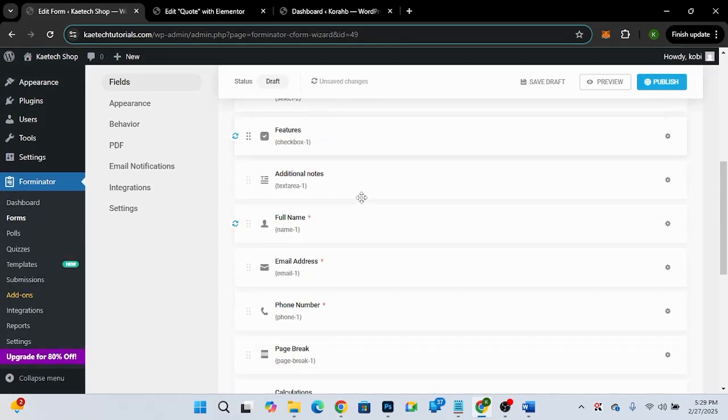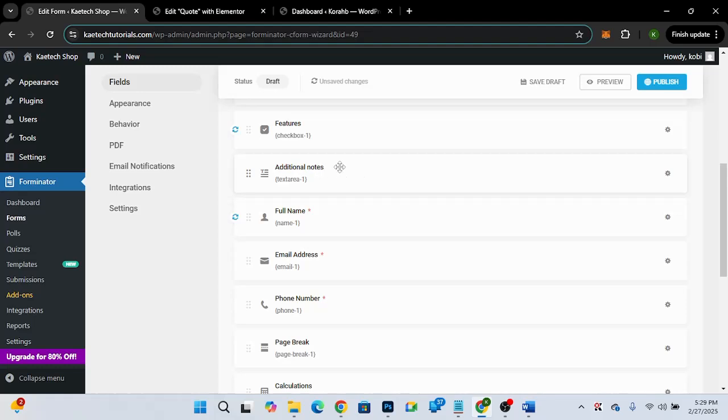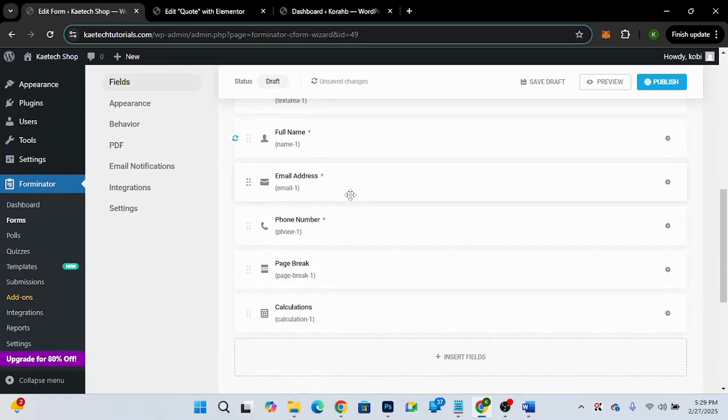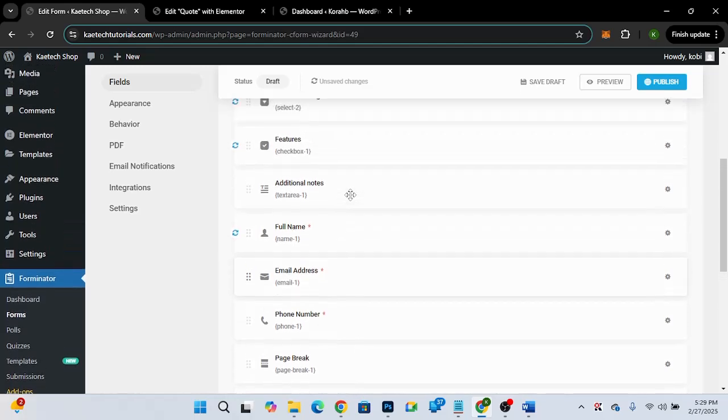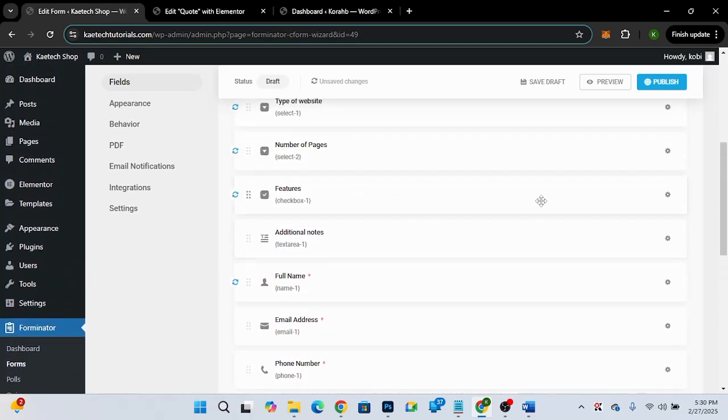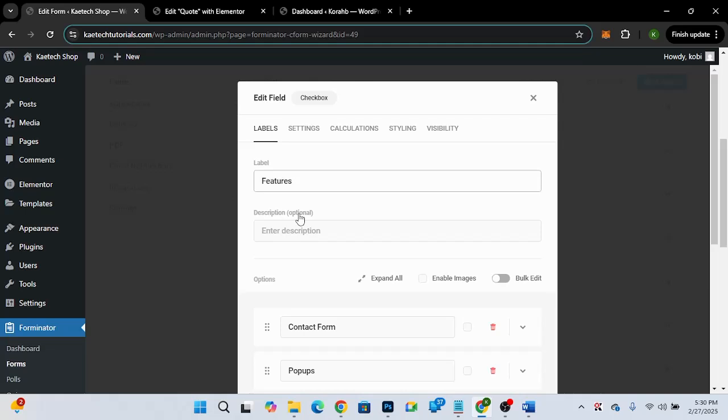Okay, so now we have additional notes. If they want to add any additional notes, they can add it. Another one I want to add is, I want to duplicate the features, and the second one I want to change to other details. Now with the other details,